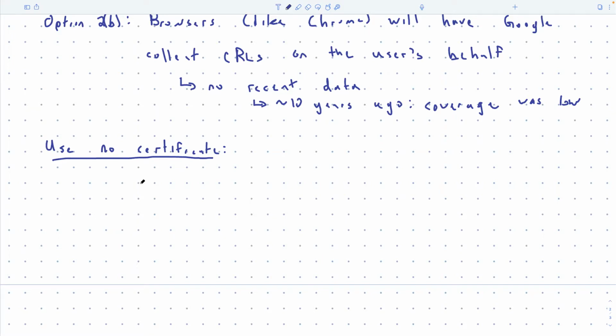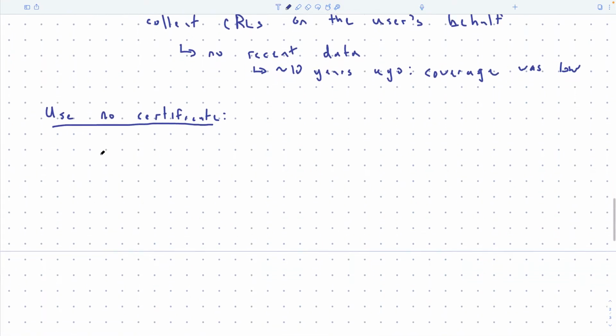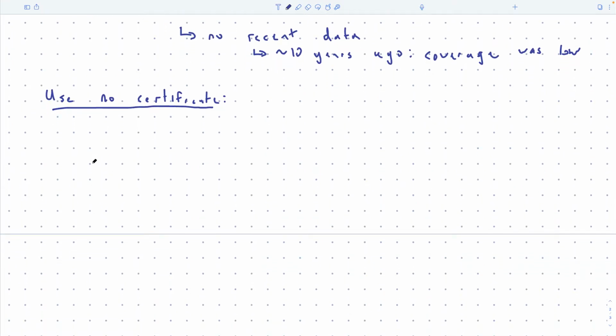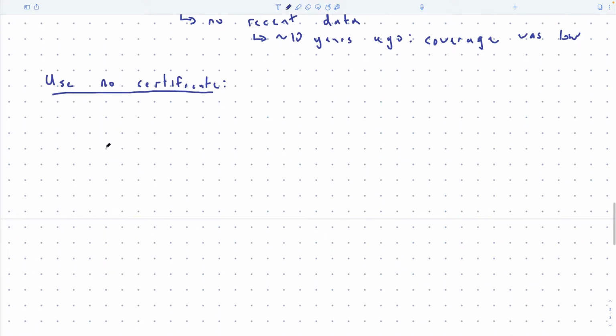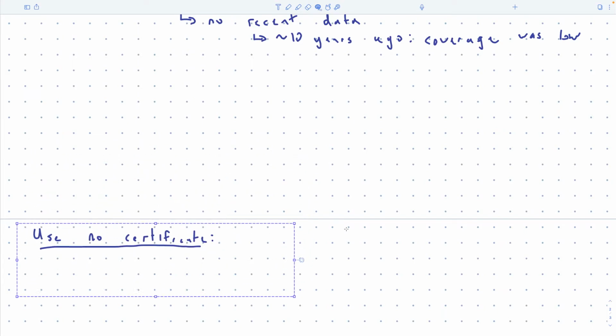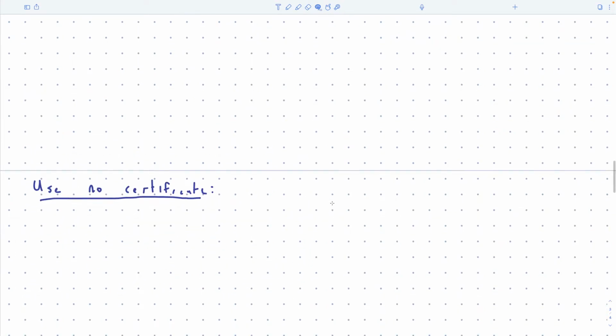Okay, now another high-level attack, just an attack on HTTPS itself, is you can use no certificate at all. And there's a simple way. So the attack that we mentioned is slightly different. We mentioned one where you just make up a certificate and it's wrong, and the browser says it's wrong, and you just hope that users click through, okay?